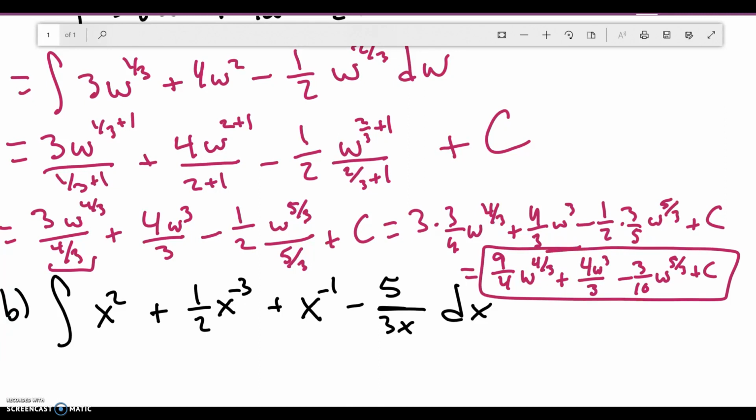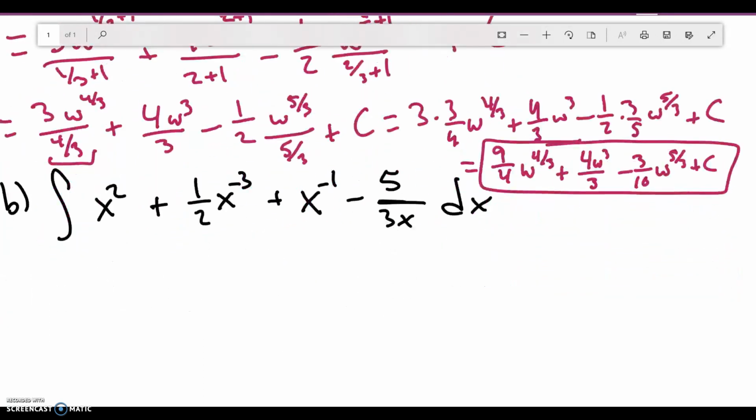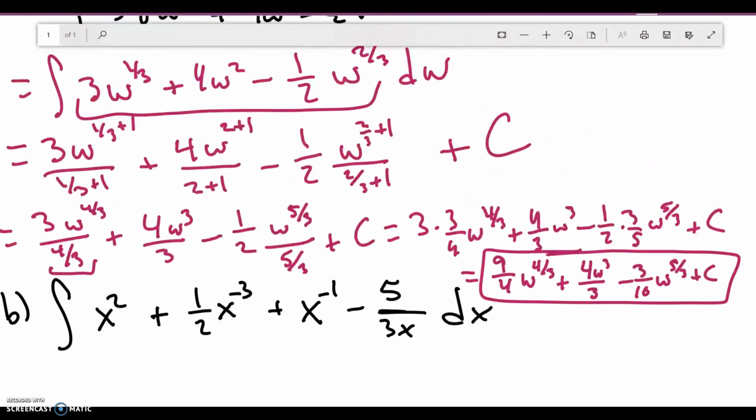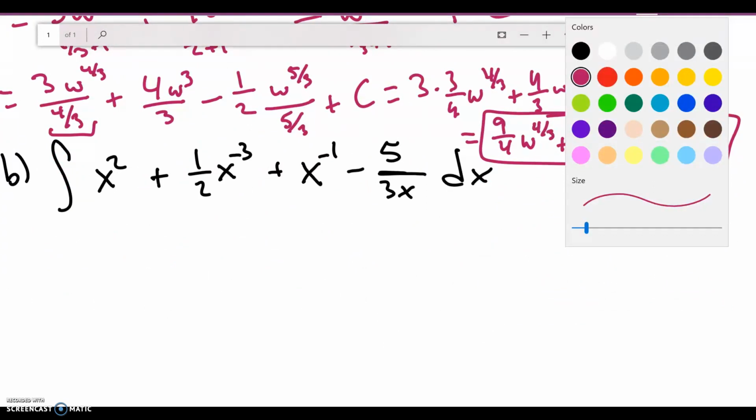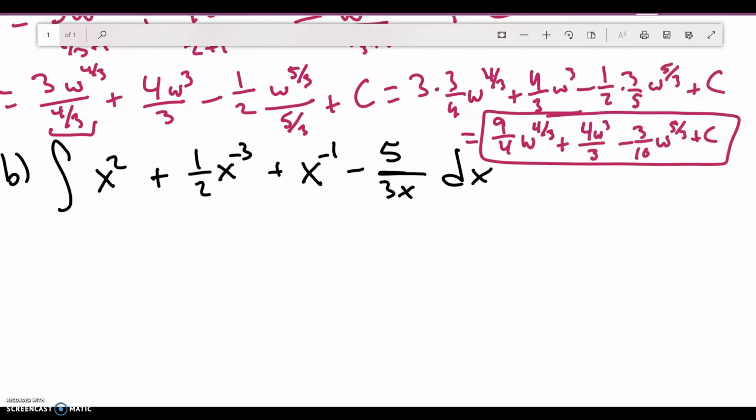In order for me to figure out whether I got this answer right, I can just always take the derivative of this and I should eventually get the integrand back. All right, so now for this problem, one of the things that you have to be very careful of is to remember that whenever you see